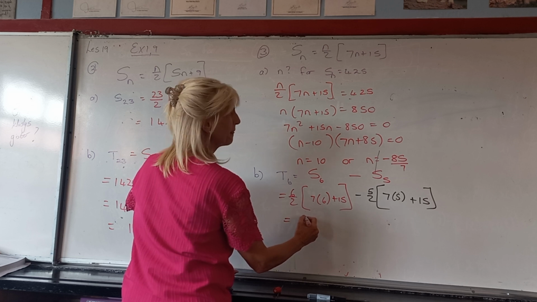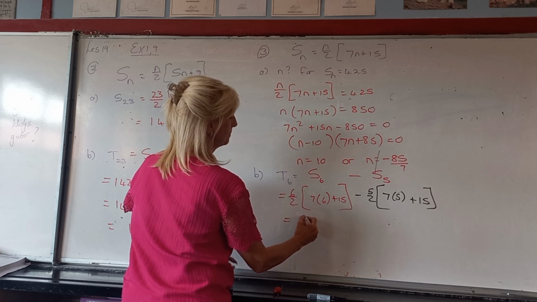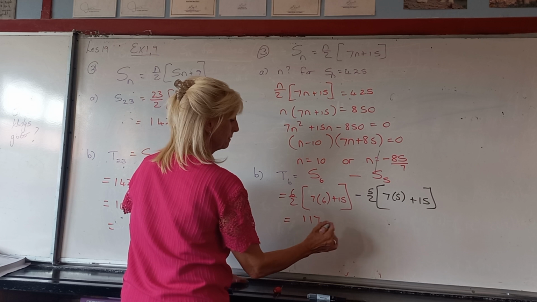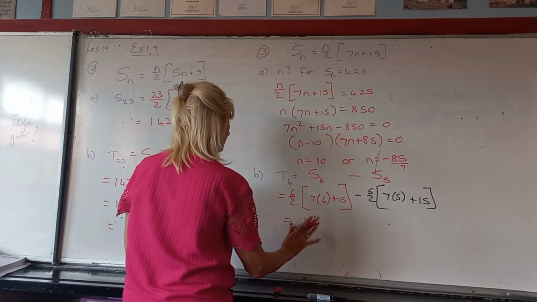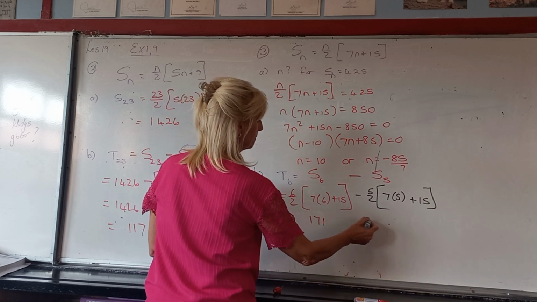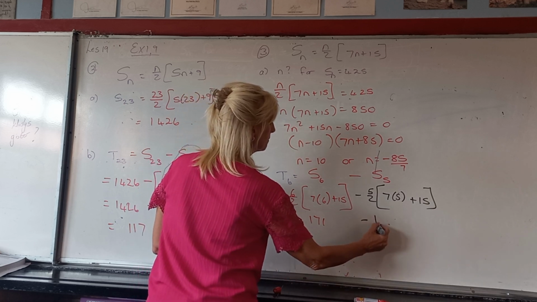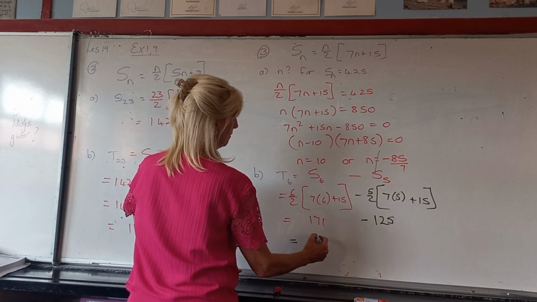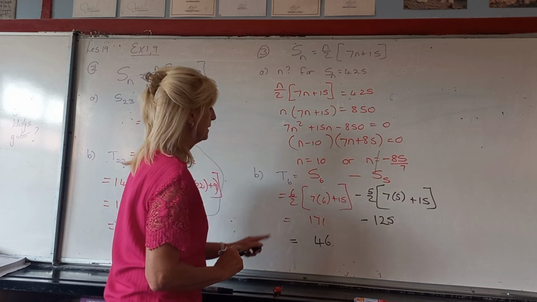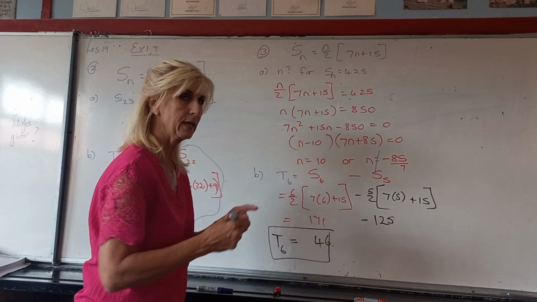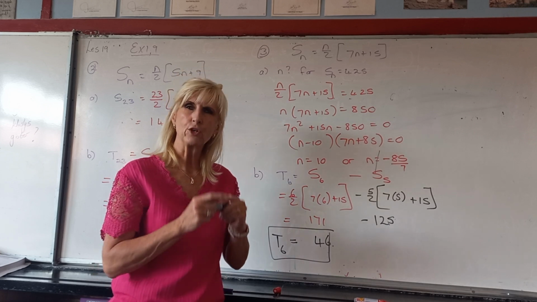3. 117. Just 117? 171. And the other one? 125. And the difference is? 46. Which means that the sixth term would be 46. Not forgetting, we didn't do it. Can you get this